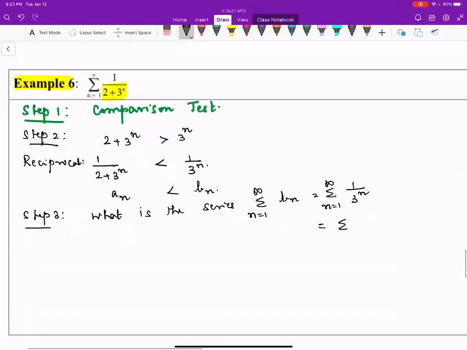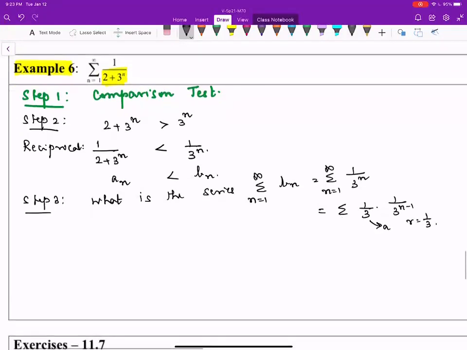We are able to write this as sigma a times r to the n minus 1. So we can write this as 1 over 3 times 1 over 3 to the power n minus 1, which means that a is 1/3 and r is 1/3. So this is a geometric series